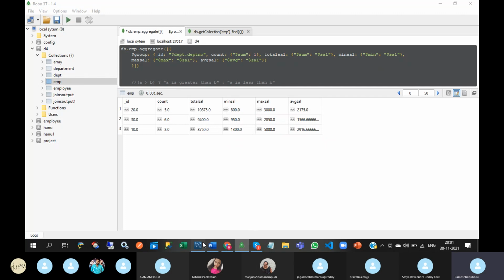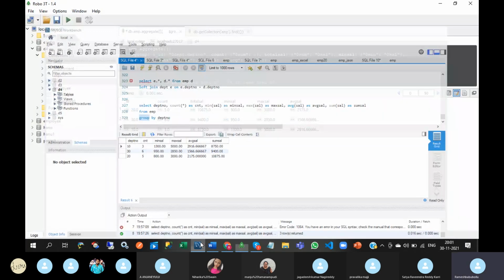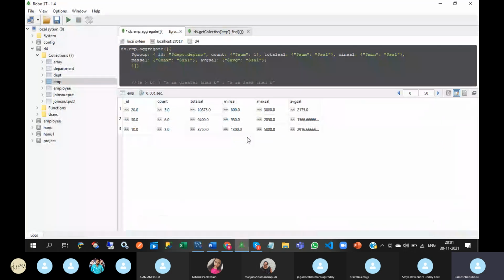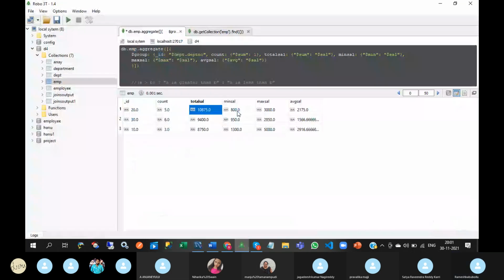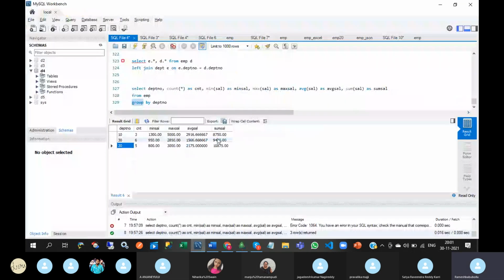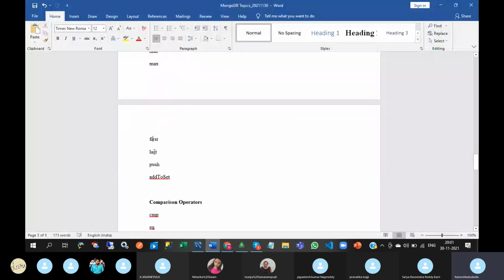You can check this. For department number 20, sum of salary is 10875, minimum salary 800, maximum salary 3000, average salary 2175. Yes, 2175. So that is count, sum, average, minimum, maximum, and first to last.